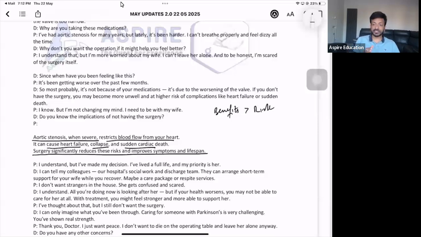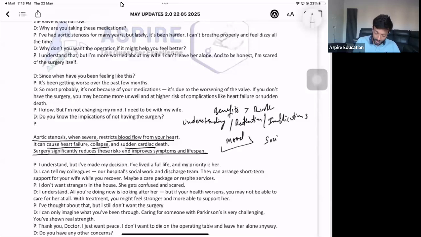And if the patient understands and agrees with you, it's okay. Otherwise, you need to check the competency level of the patient. You need to check if this patient has understanding, if this patient has retention of information, and if this patient knows the implications of his or her decisions. It's his decision. And then I would like you to ask about his mood as well, just to see he's not depressed.